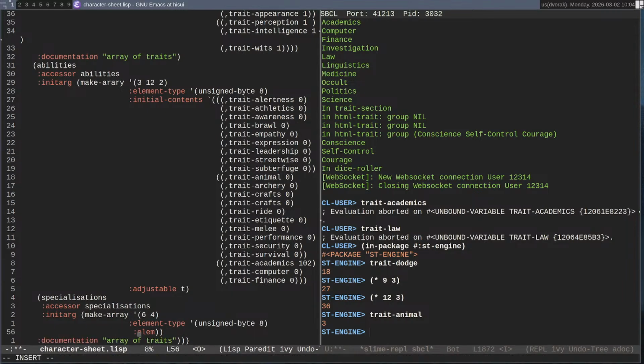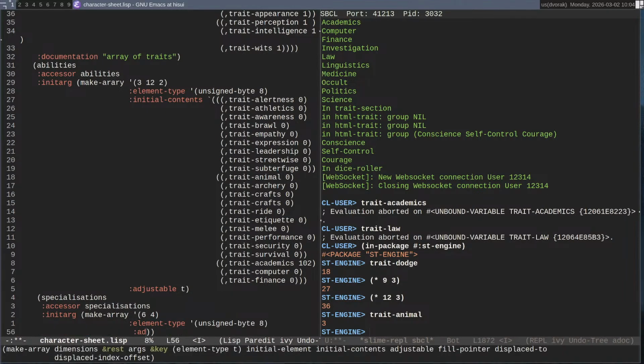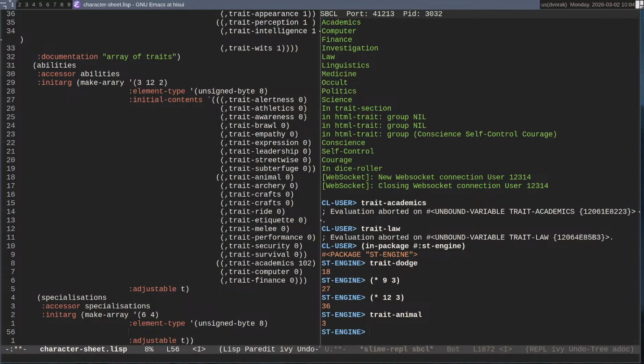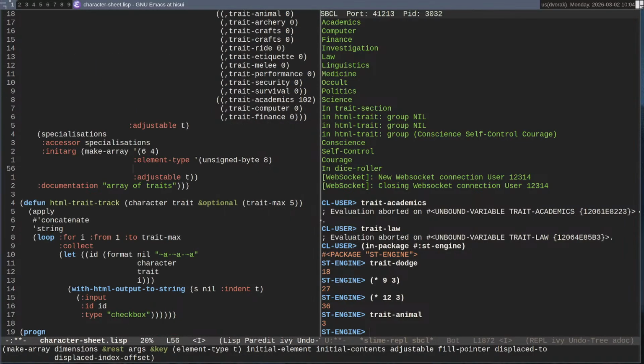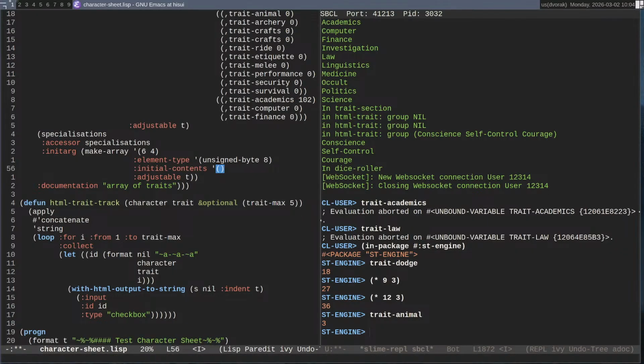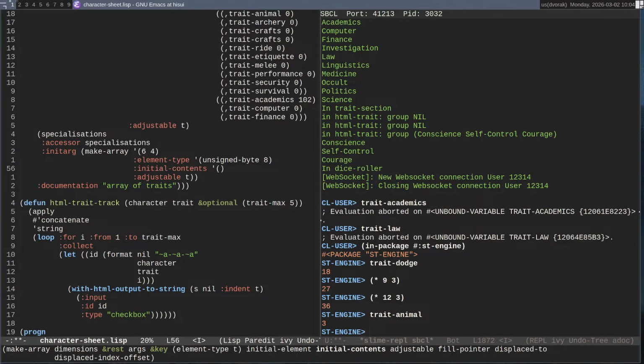And then I can make it adjustable, T. And we can have some initial element contents, and we're going to give it, so craft